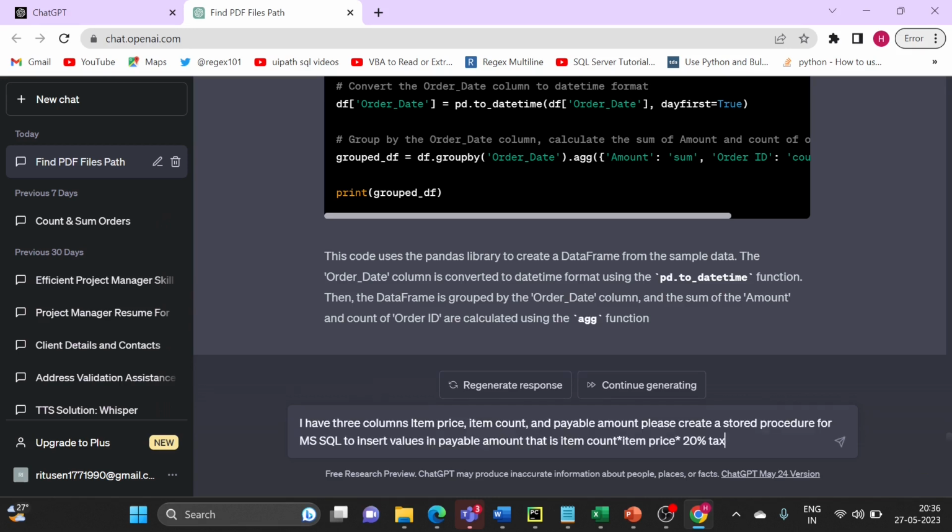I will just paste the query here. You can read the query. I have three columns, and I have given the column names to ChatGPT: item count, item price, and the third column is payable amount. What I am instructing ChatGPT is